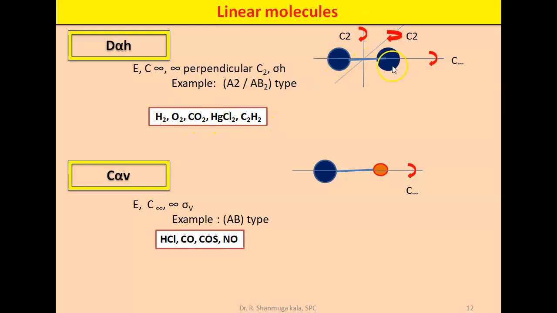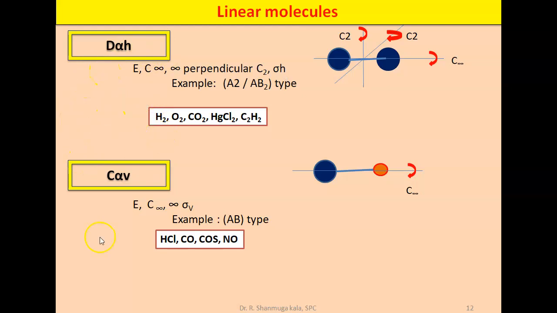So if the molecule is linear, what symmetry operations are possible? The first one is the bond axis, called C infinity. Infinite times we can rotate the molecule and get the same orientation. So this is called C infinity, and there are an infinite number of C2 axes. So this one is a C2 axis, right? There are more C2 axes, and hence they have a sigma h plane. So identity, C infinity, infinite number of perpendicular C2 axes and a sigma h operation, then it is called